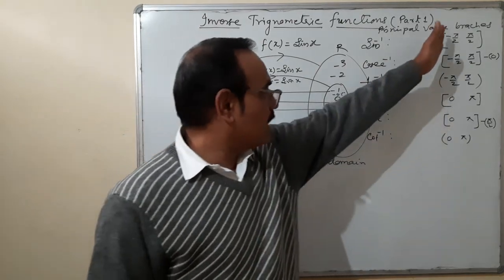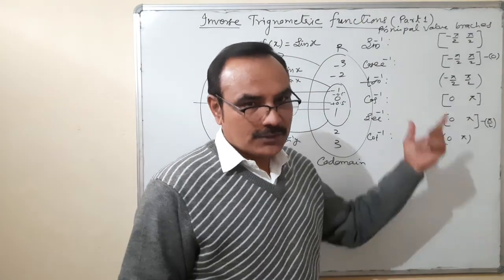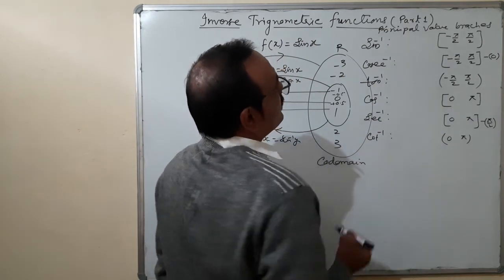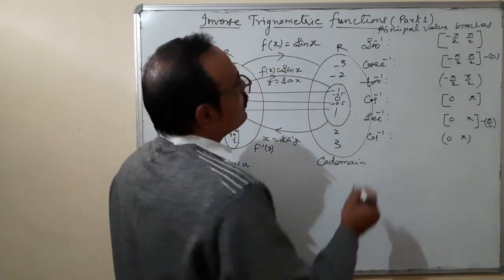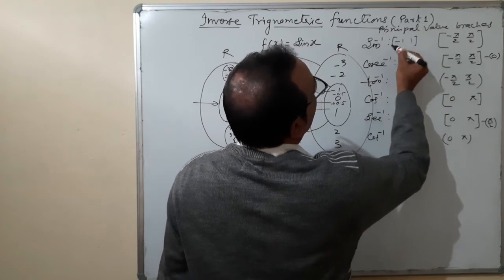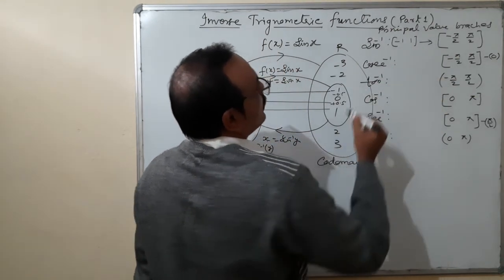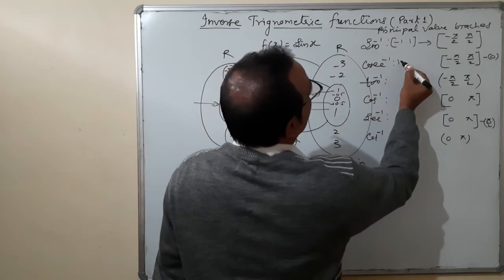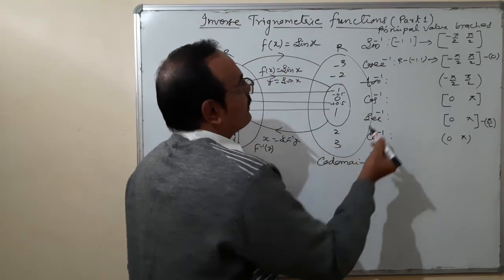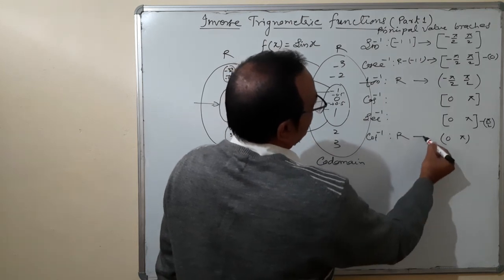So friends, remember these are the principal value branches. When we are going to find the principal values, these branches are needed. So you remember this. So these are the range. Now the domain, because you know that the sine lies between minus 1 to plus 1. So minus 1 to plus 1. Domain, range. This is because it is the inverse. Tan inverse and cot inverse, set of real numbers, no problem in that.